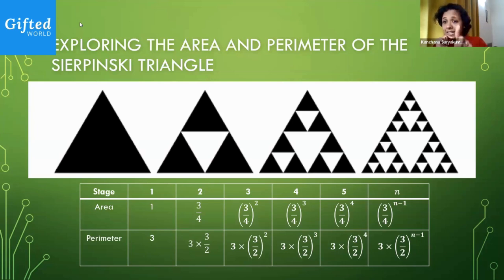But if you go to the next figure, you're actually having to walk around three triangles. You're going to walk along the triangle at the top, then the triangle at the bottom left, and the triangle at the bottom right. So when I'm asking you for the perimeter, I mean of the shaded or black triangles. As the number of triangles increases, the number of triangles around which you have to walk is also increasing. And that's why the perimeter is changing as well.